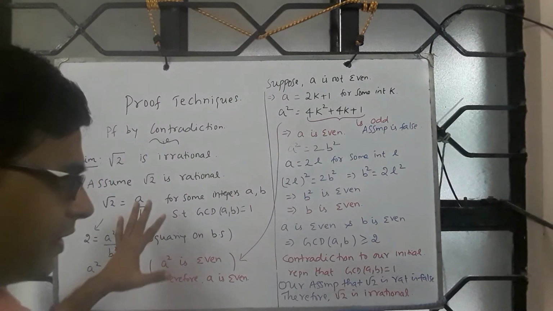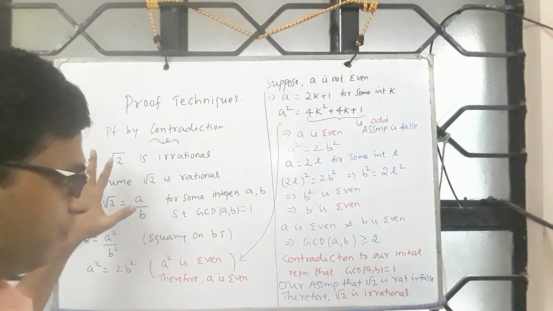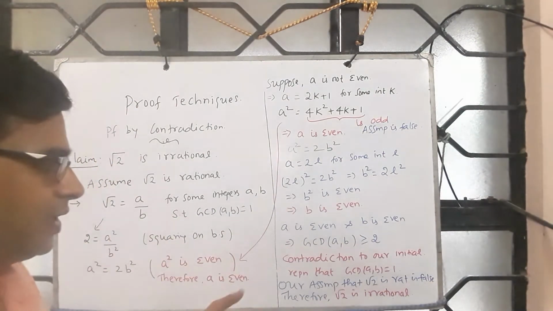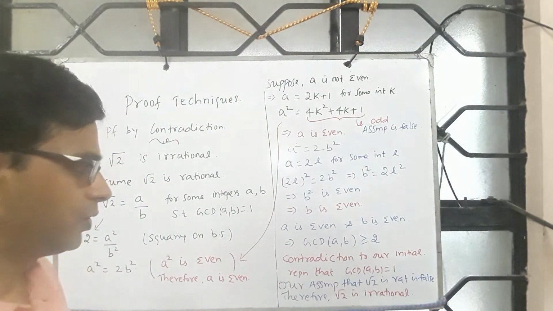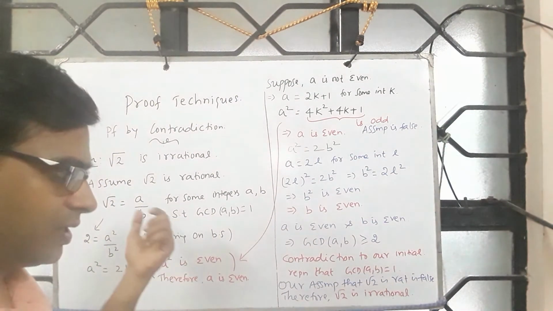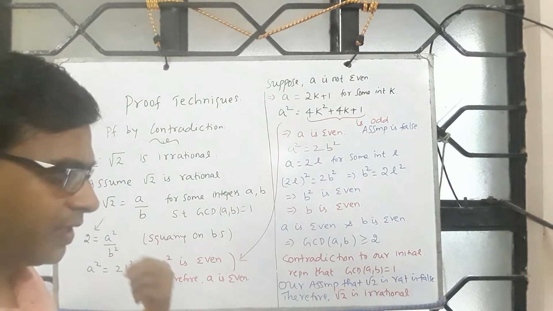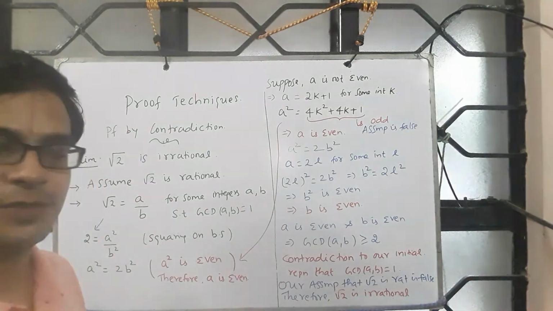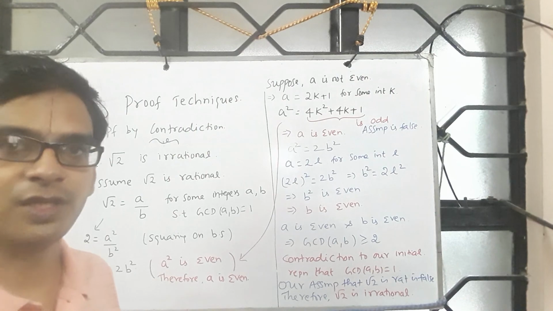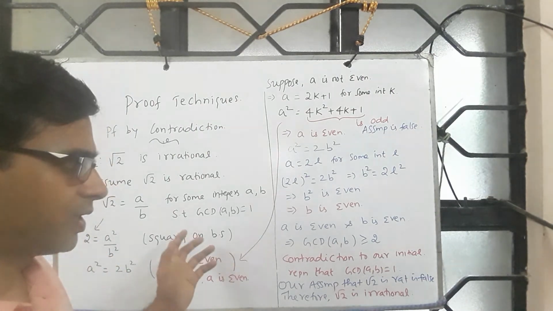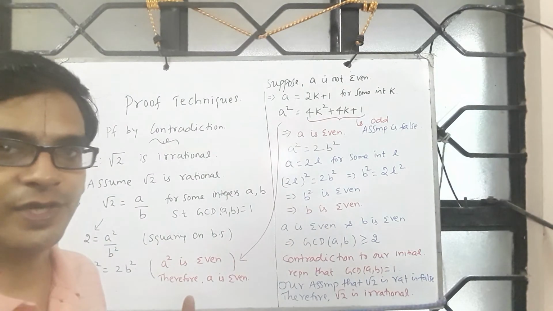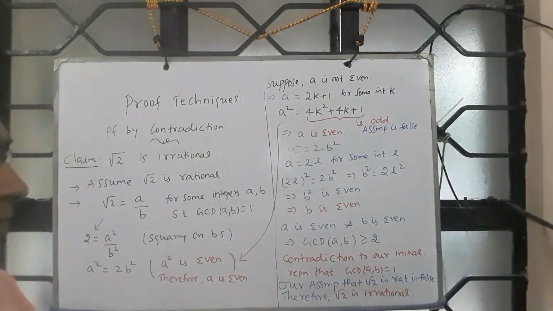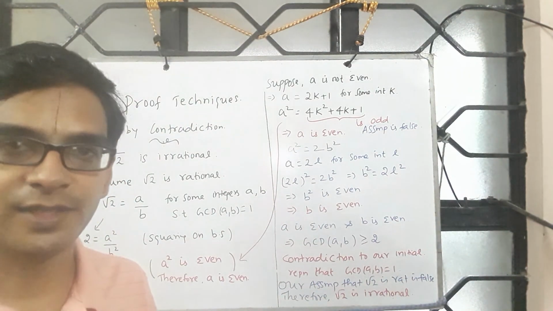And this is the general idea. You want to prove something, you assume it is false, then start simplifying. Somewhere you get a contradiction to the premise or your earlier representation or your earlier observation, and at that point in time you say your assumption is false, and therefore the conclusion follows. This is a typical style associated with proving claims based on proof by contradiction. We will see some more case studies to appreciate this proof technique.